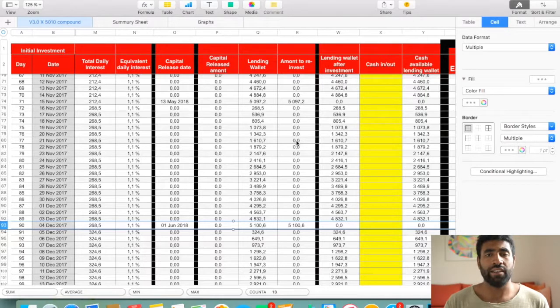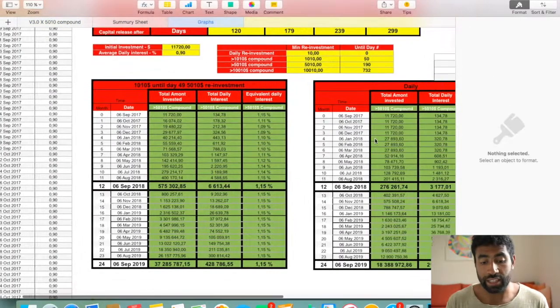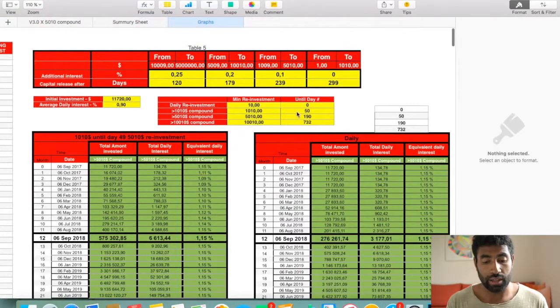Maybe I should wait. So there is no really magic formula here. I just play with the values, and I see what is best for me according to my strategy. Those are the numbers I found best to get the better return. I was looking at based on 1 year from now, but this is basically for you to play with those values to get the better